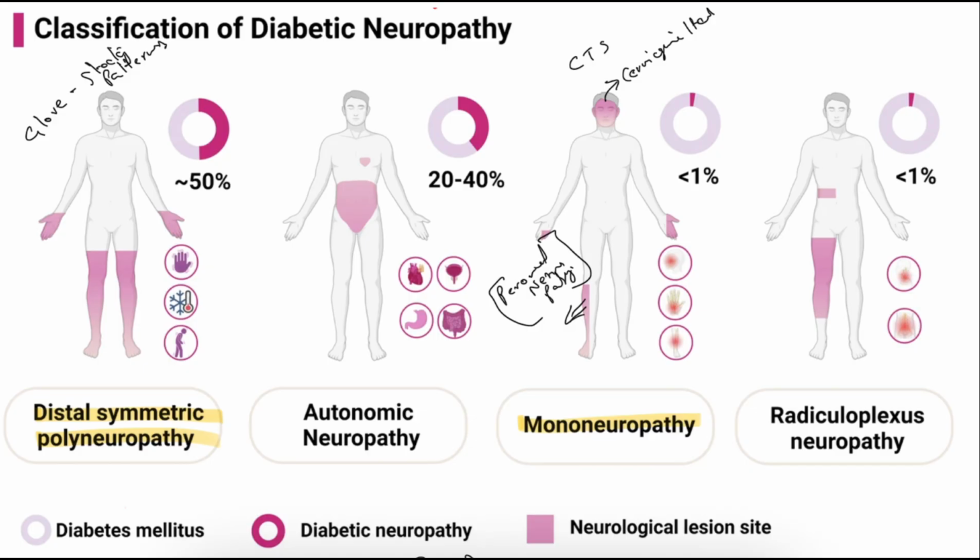Next, we can see radiculoplexus neuropathy. Radiculoplexus neuropathy means because of some nerve compression, the patient will get radiculoplexus neuropathy. Radiculo means radiating. Okay, plexus means we have sacral plexus and brachial plexus. Whenever the plexus is getting compression, we call that radiculoplexus neuropathy. For example, you can see here, if you're getting problem in neck, we can tell cervical radiculopathy